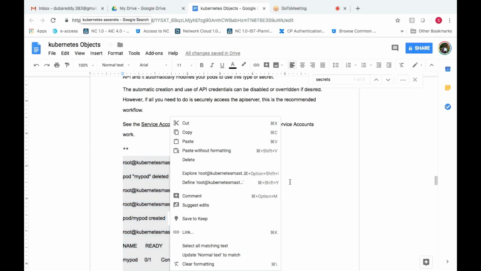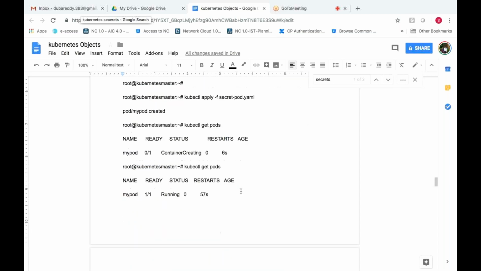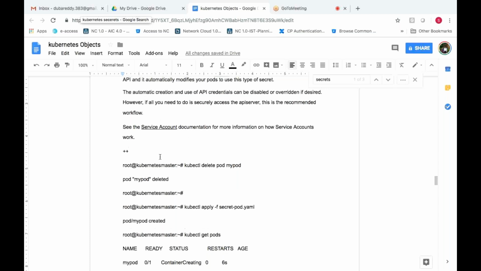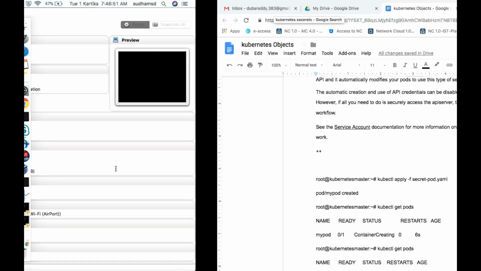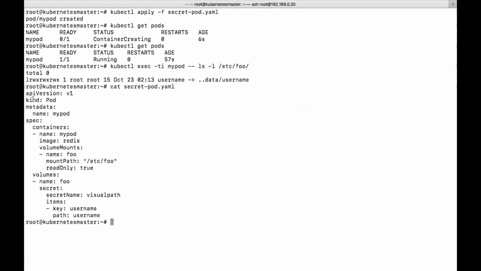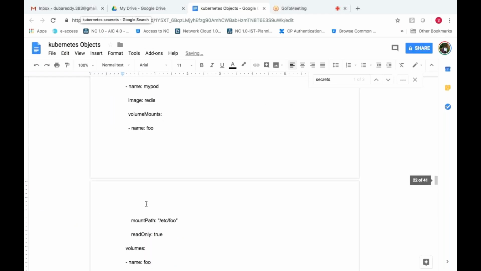So I will give you a file here. This is not required, deleting all this. The YAML file is important, so that I need to mention. So this is the secret which is mentioned with the particular data.